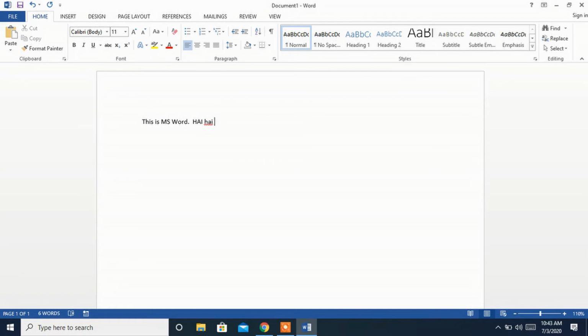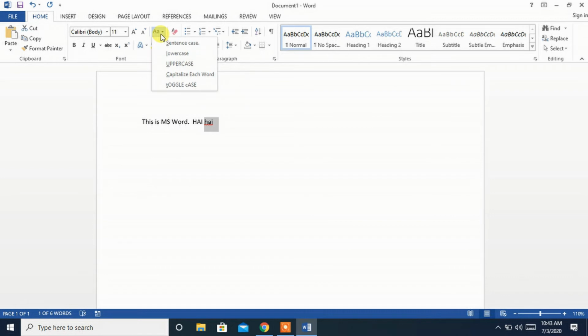There is another method to change the case using the menus. But I want to change the smaller case hi to capital case. Think like that. I will select that particular word using my mouse by just clicking and dragging. Click and select. Then you can see in the menu bar an option with an uppercase and lowercase A symbol, and there is an arrow mark there.